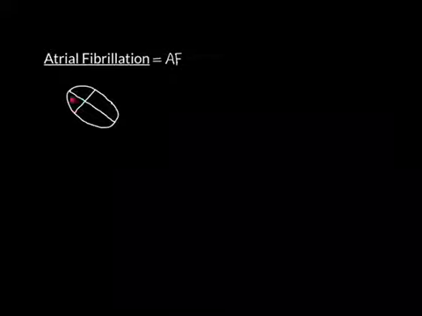The cardiomyocytes are all contracting at different times, and therefore you just end up with the two atria shuddering. That's what atrial fibrillation is, and this has a pattern on the ECG, and it's seen in all 12 leads of the 12-lead ECG. I'm just going to draw the rhythm strip because I'm not about to draw out the entire 12-lead ECG, so I'll just draw out one lead of the ECG, which is the rhythm strip,